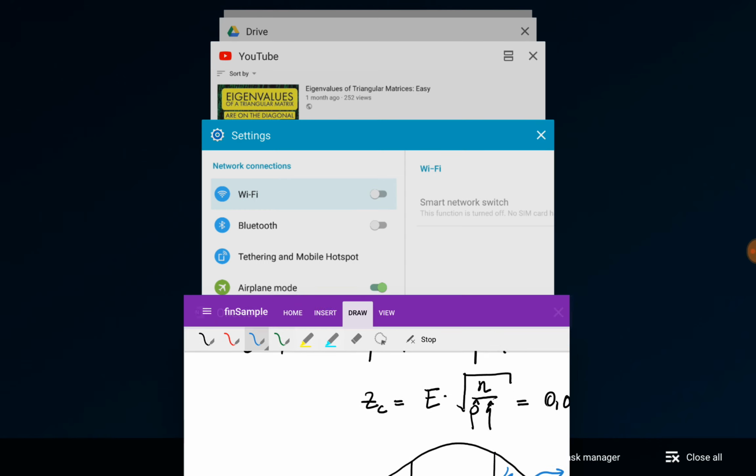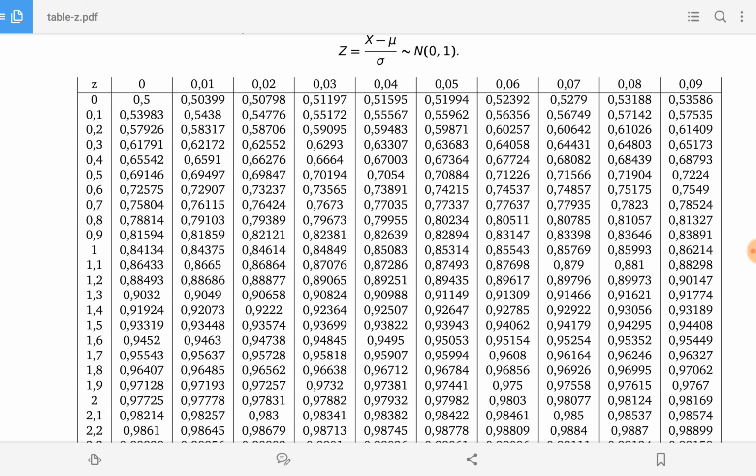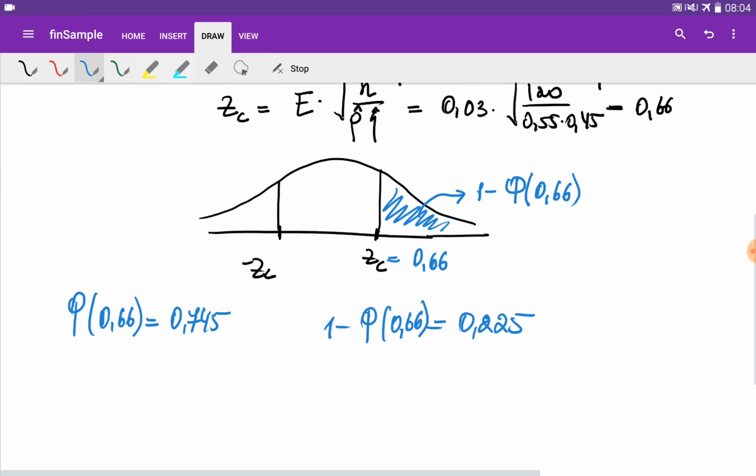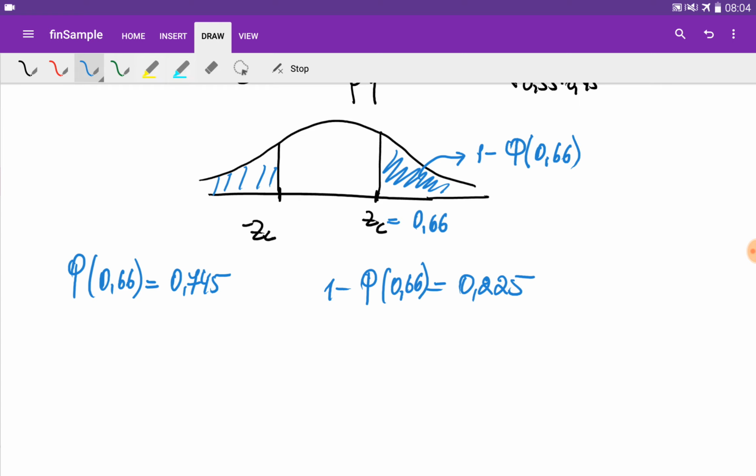So we need to go to the table and find a value of the area for the 0.66, which is going to be 0.745 roughly. 1 minus phi of 0.66 is going to be 0.225 roughly. So this area is also going to be